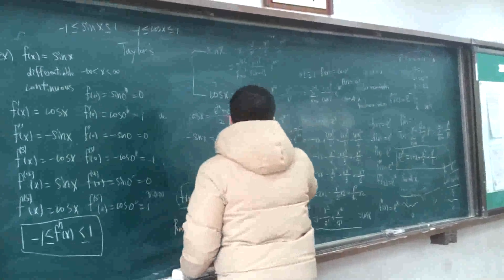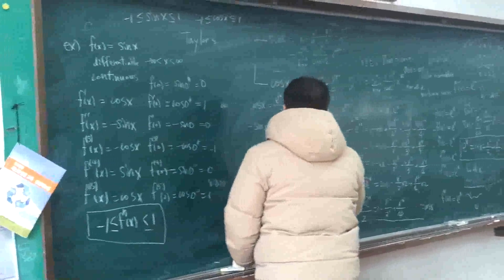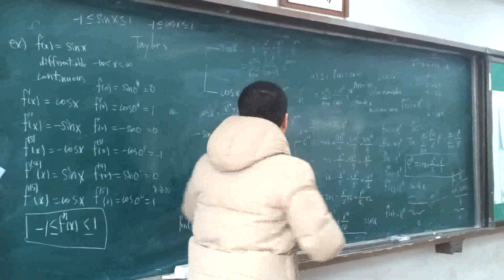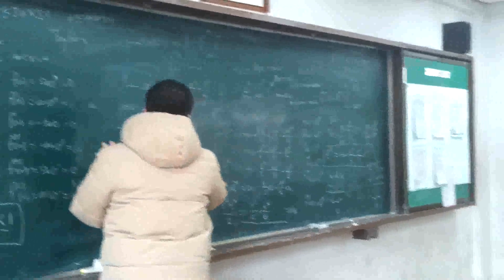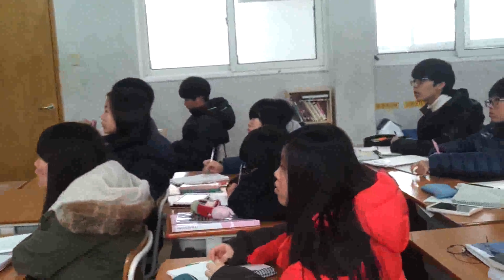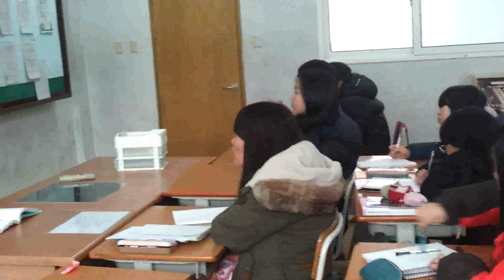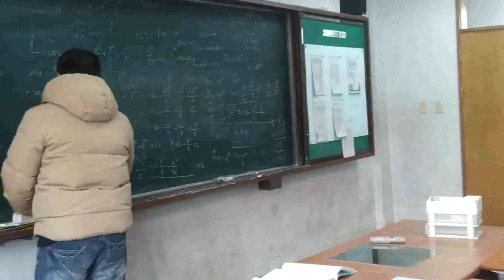So if you multiply i over i, then it's e^{ix}, and minus e^{-ix}. Right? So if we consider the minus sign, then sine x equals to